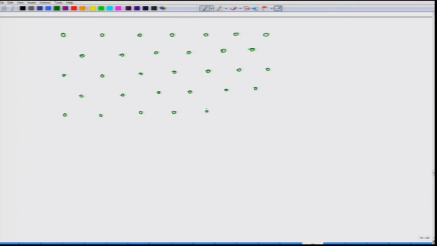Now, if you look at this geometry, you would realize that it has